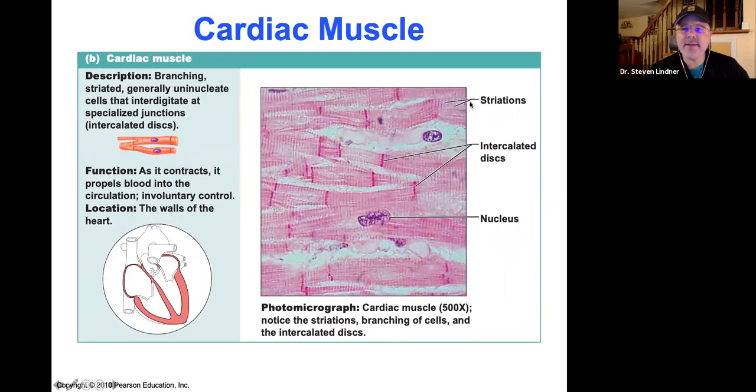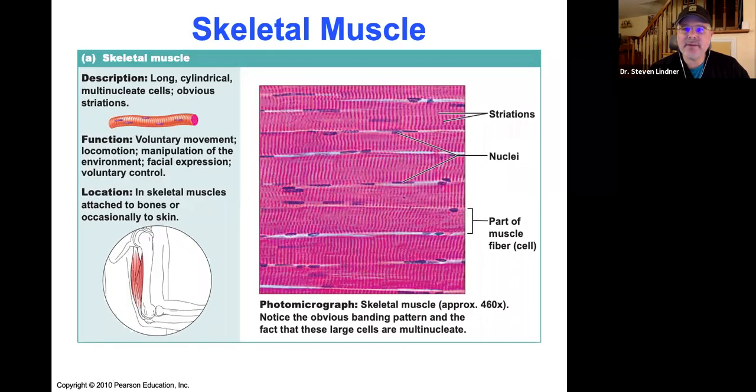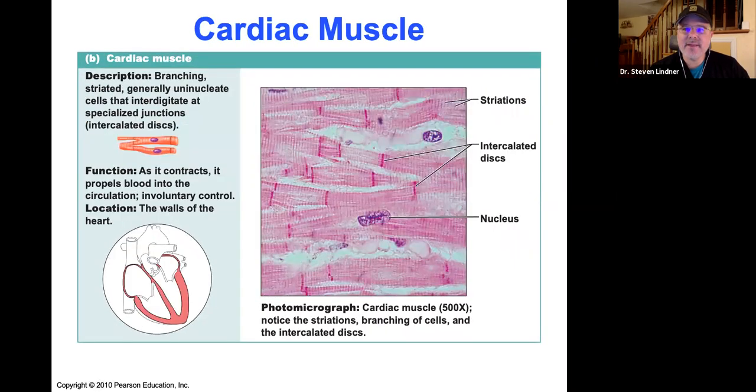Cardiac is striated, but it's highly branched. If you look at the difference between skeletal and cardiac, cardiac is highly branched. You can see all the different branches coming off. And another characteristic here is intercalated discs. These dark red lines that run in the opposite direction of all of these fibers, these are called